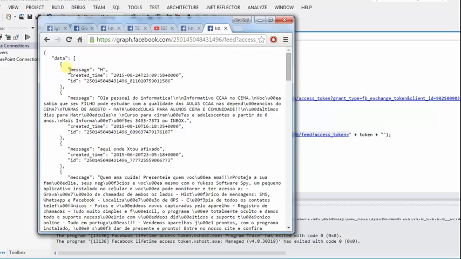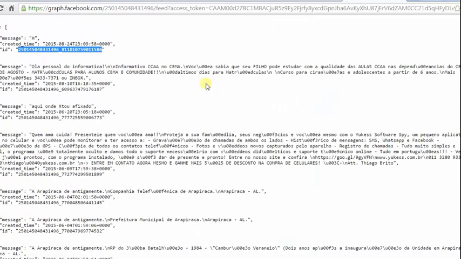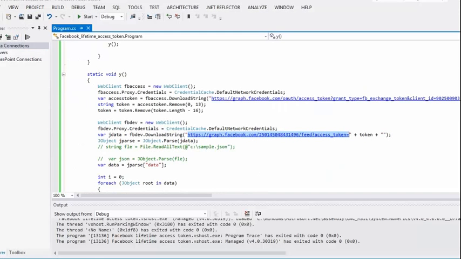If you observe the first tag, it says the page has posted a post with message H, which was created at this particular time, with the ID of that particular post. In the second tag, the message is like this, this is the posted time, and the ID of that post. These kinds of details you'll get using that particular access token.